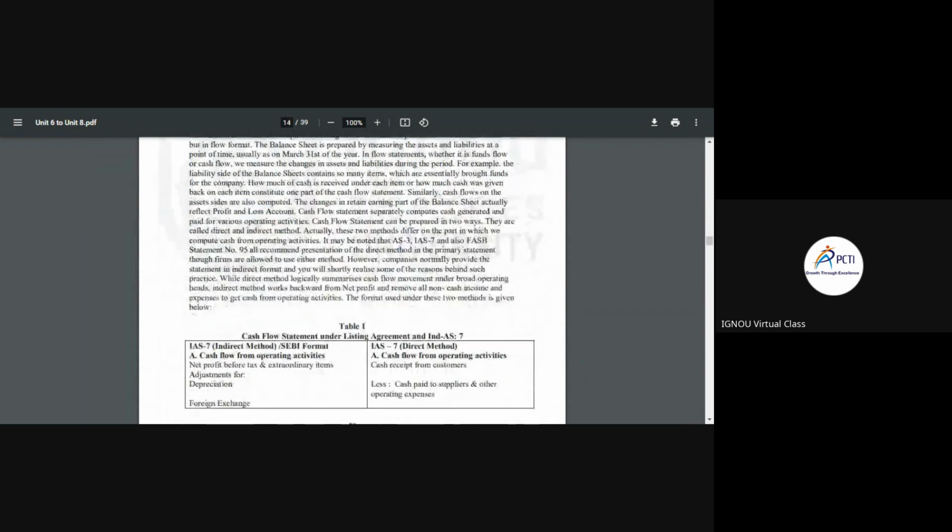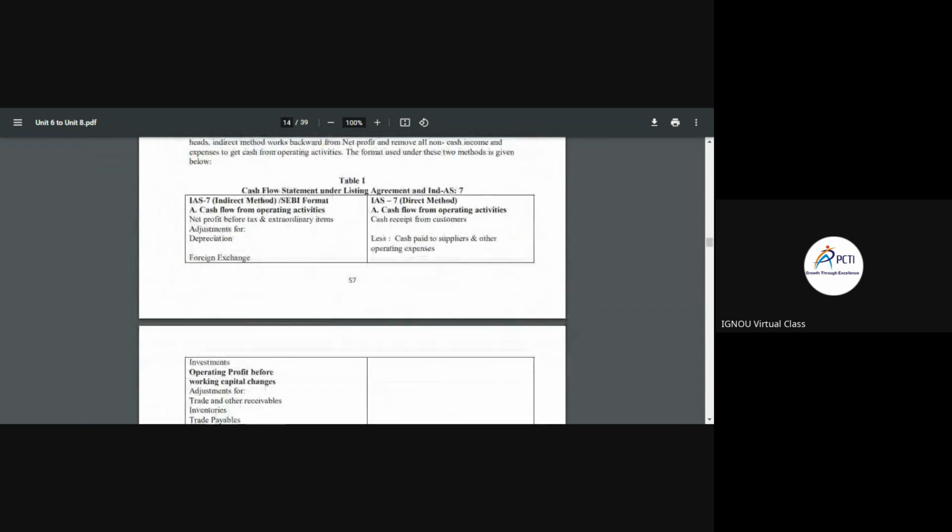Now the cash flow statement formats. First of all, IAS 7 gives us an indirect method and a direct method. So first of all, we see the indirect method. In that case, the cash flow from operating activity, first of all, we have the net profit before tax and